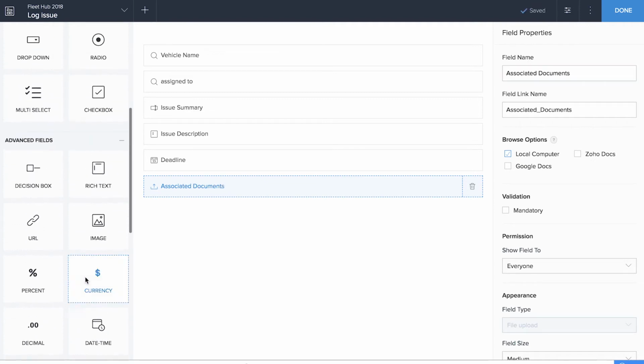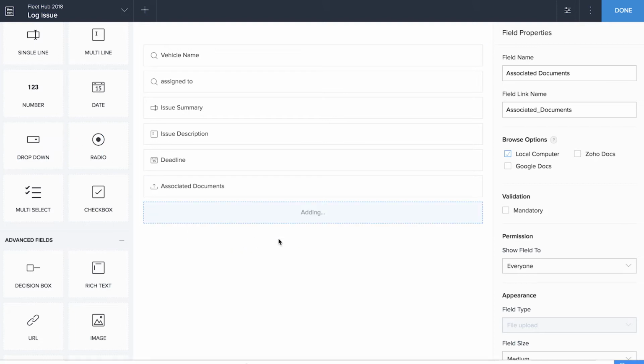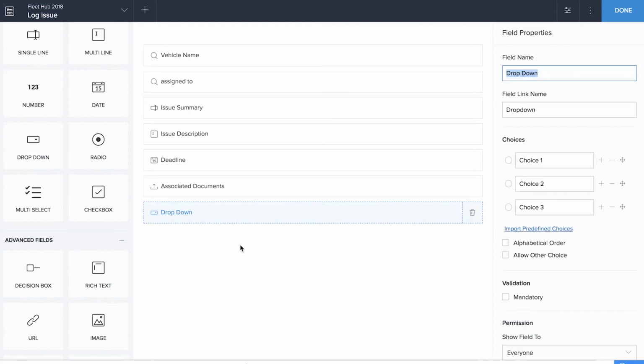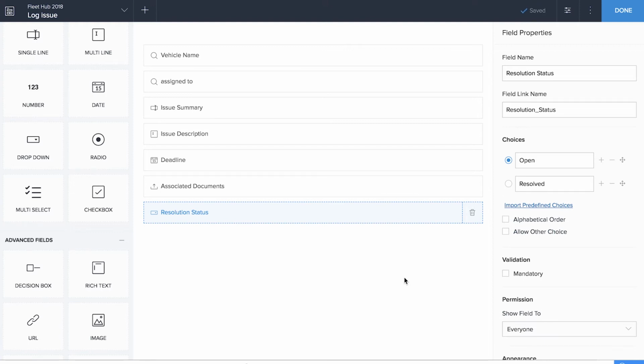And then I will use the drop-down field here for my resolution status. And here the choices would be whether it is resolved or open. And I want that by default this value should be open unless it is resolved. So my resolution status is done, and now my log issue form is completed, but I will create another form,